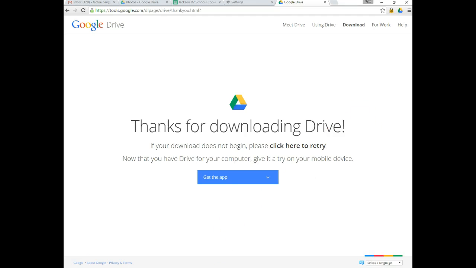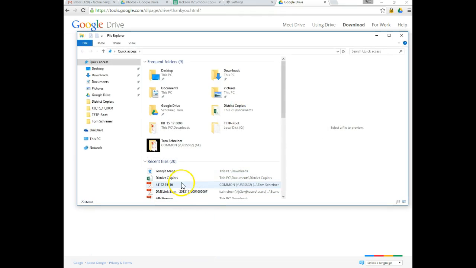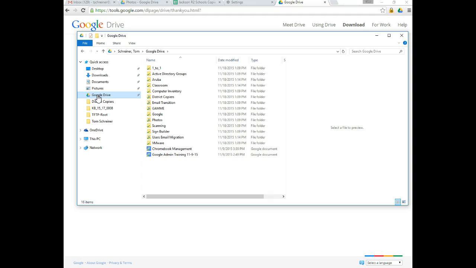So what that does then is if you open your file folders, now you'll notice I've got a link over here. Whenever I go to File Explorer on my computer, I have a link that's called Google Drive. In there, these are all the files that I have synchronized now between my computer and Google Drive. So you can drag files into here, and basically it just makes it another convenient way for you to organize and maintain and synchronize your files,